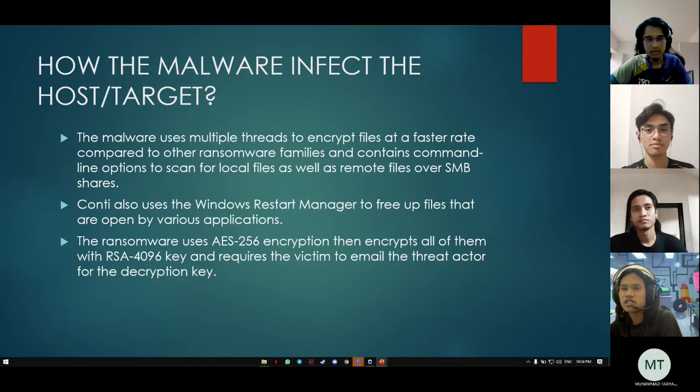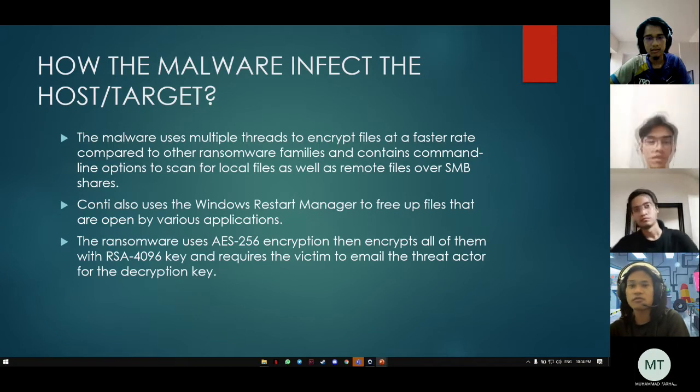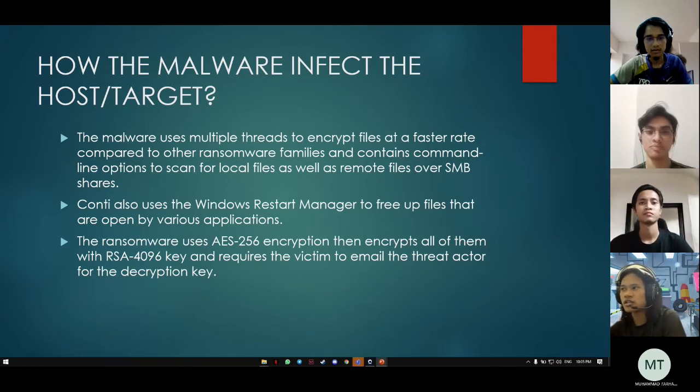The malware uses multiple threads to encrypt files at a faster rate compared to other ransomware families, and it contains a command line option to scan for local files as well as remote files over the SMB share. Conti also uses the Windows Restart Manager to free up files that are opened by various applications. This ransomware uses AES 256 encryption, then encrypts all of them using an RSA 4096 key, and it requires the victim to email the threat actor for the decryption